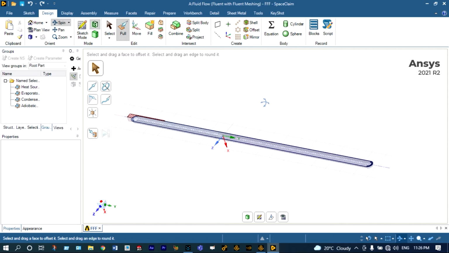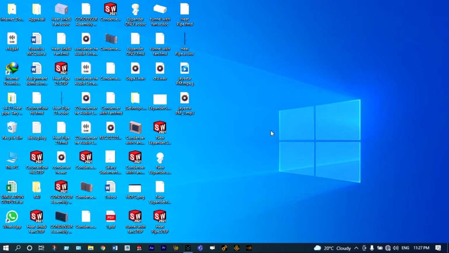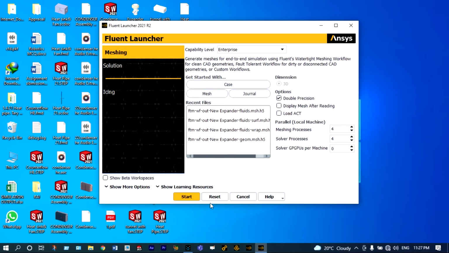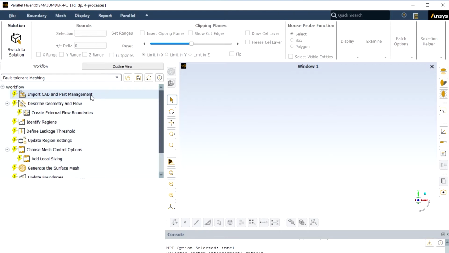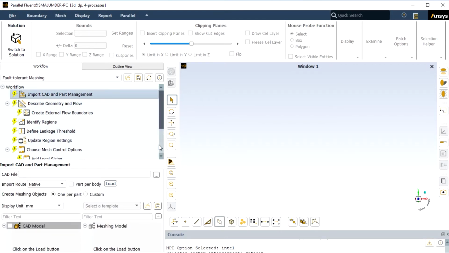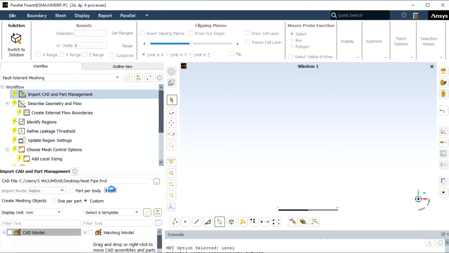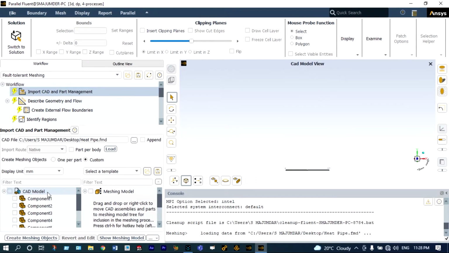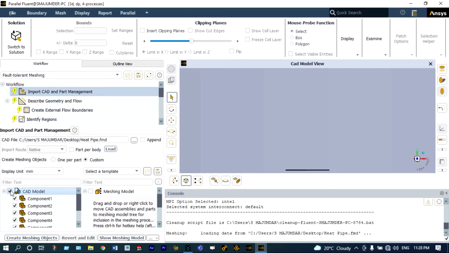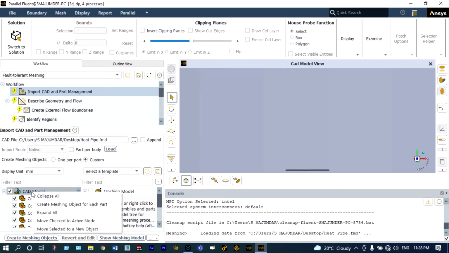We have already saved this one, so let us close it, and we need to start Fluent Launcher. Let us start it. Initially, we need to start fault tolerant meshing, and next to that, we need to import that CAD model. We can import it from here. With CAD mode on, let us load it. Next to that, we need to import that CAD model into meshing mode, or we can move selected parts to a new object,